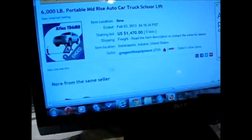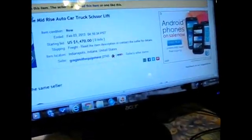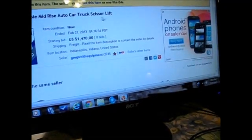Now, having said that, there is another tool that I want a lot. The other day, Honey Baby asked me what I wanted for my birthday, and Josh asked me the same thing, and I said, you know what I really would like to do is save up my money and maybe sell some junk I got around here and see if I can raise up enough to get me one of these here. I'll show you what I'm looking at. This is on YouTube. It's a 6,000 pound portable mid-rise auto/truck